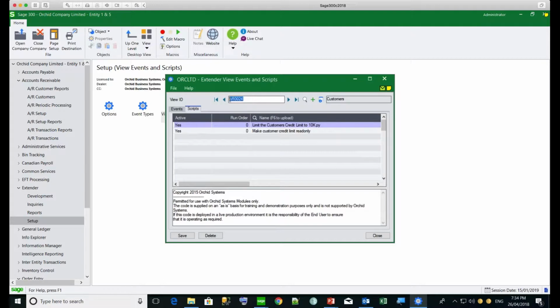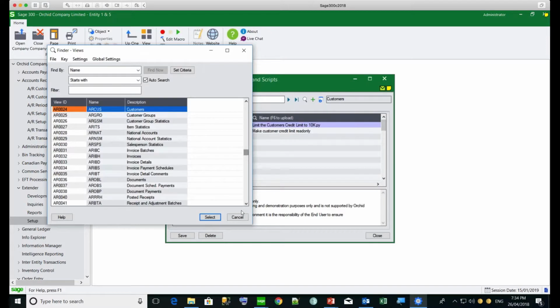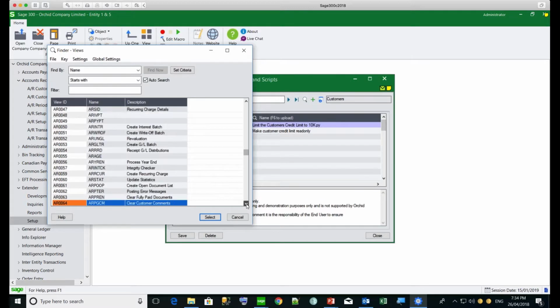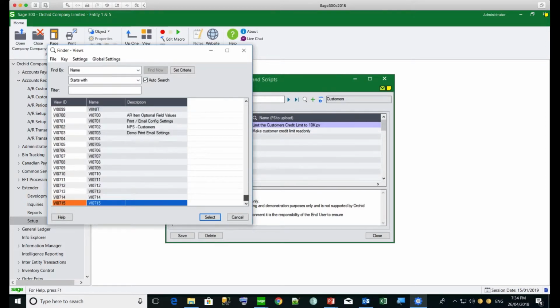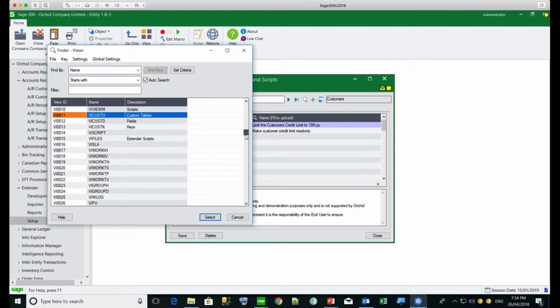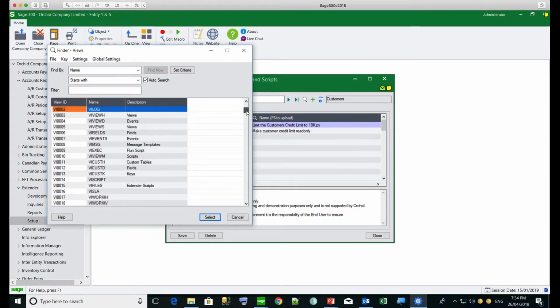And this could be any of the standard Sage 300 views, AR, AP, IC, OE, PO. Basically, when you click this finder, it builds a list of all the views from the modules that have been activated for this company. So certainly all the AR views, and as we scroll down, we'll get to see the AP views, common services views, bank services, GL, IC, PO, etc., order entry, plus any third party that develops in the SDK. So for example, VI is Extender,